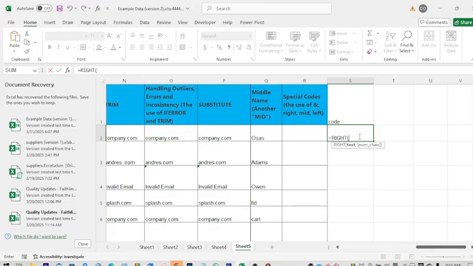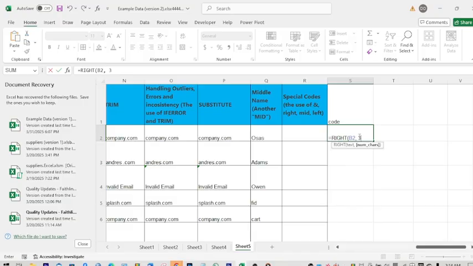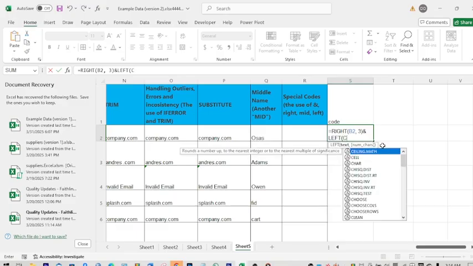I could say text, using the full B, say just an arbitrary number 3. An ampersand. Say left, text C2,